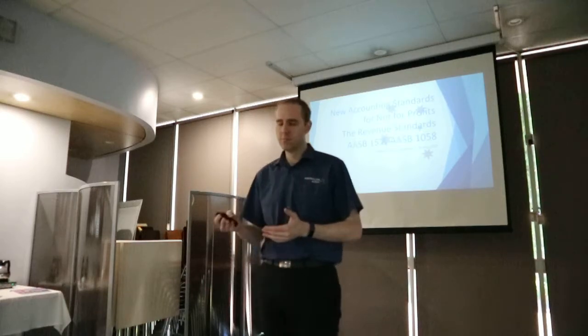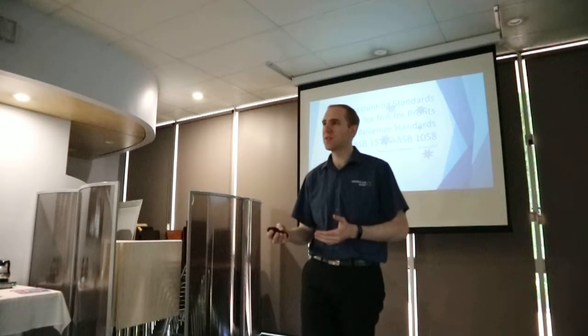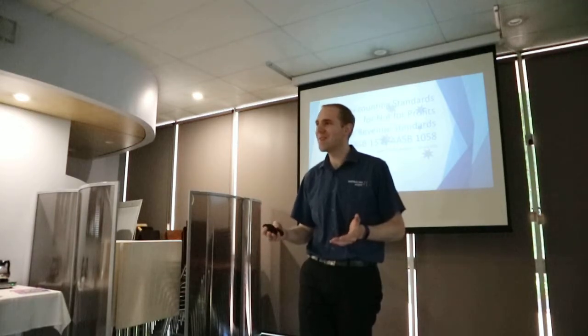The part that I speak about in terms of AASB 15 is equally applicable to your for-profit and your not-for-profit organisations. And then separate to that, you've got AASB 1058 Income of Not-for-Profit Entities, which, as you can guess from the name, is only applicable for the not-for-profit organisations, and has the same start date. So for the not-for-profits, leases, contracts with customers, and income for not-for-profits all begin 1 July 2019.